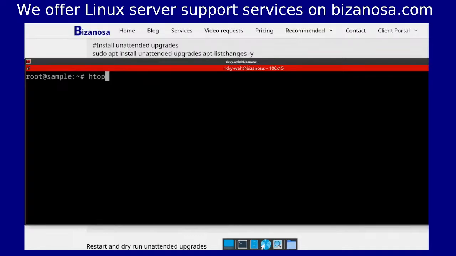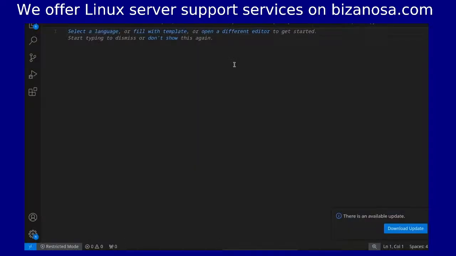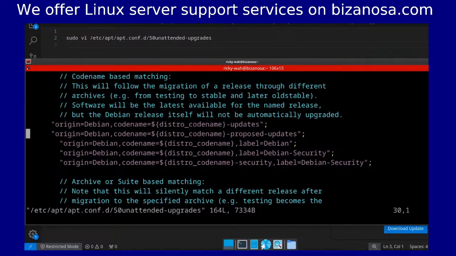Oh, and something else before I forget, if I don't do something for a while. So let me just leave htop running there for a moment. So I'm just going to come here and Ctrl+V. I'm going to paste that in there and Ctrl+C. So you can see this is the default of